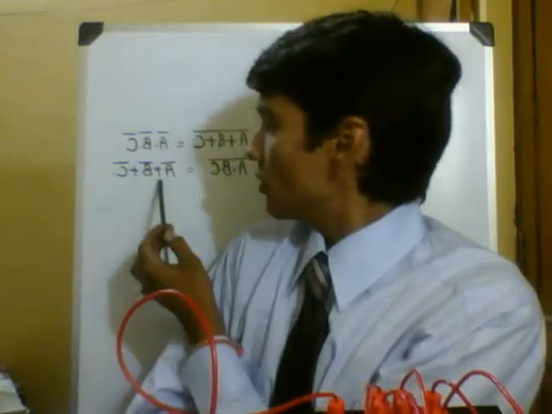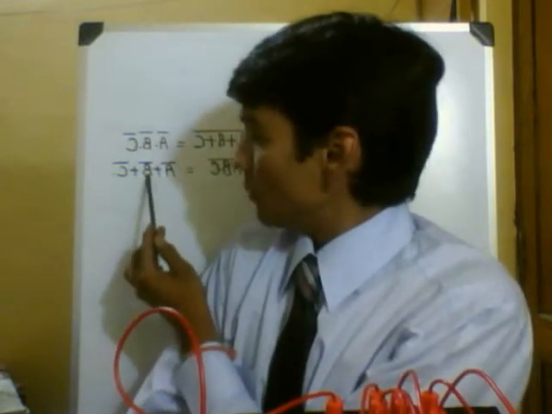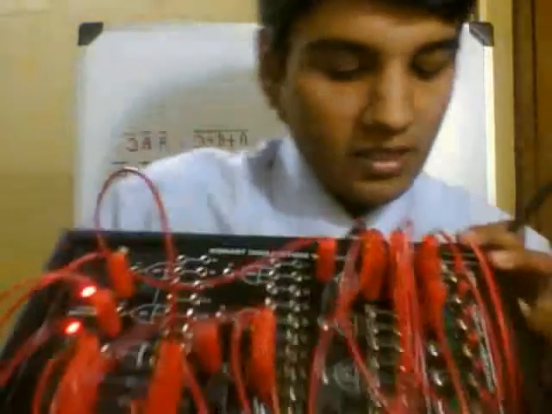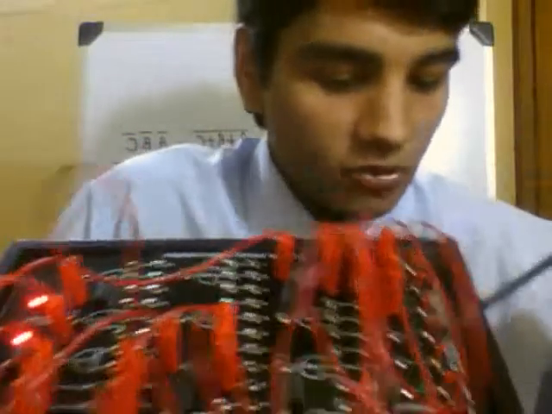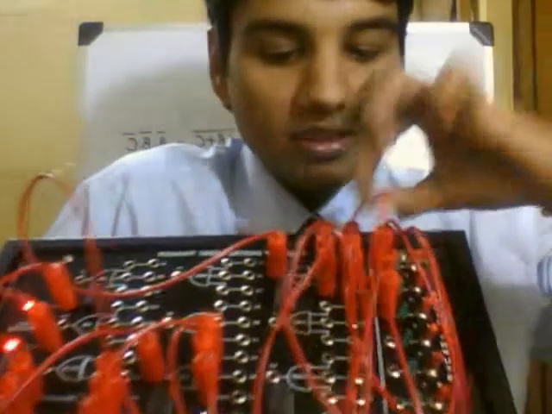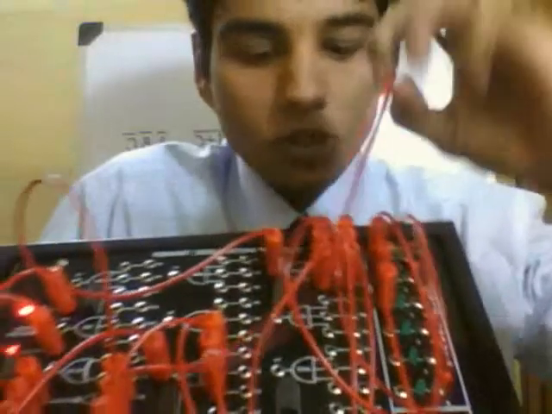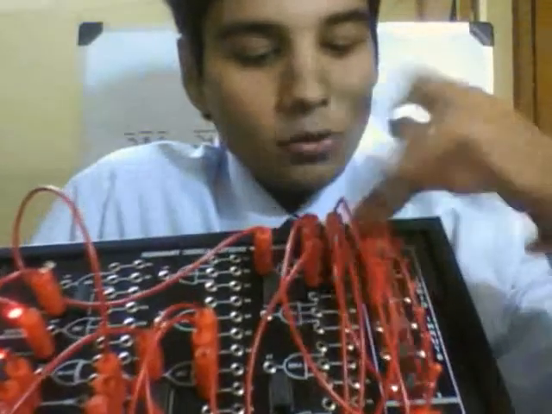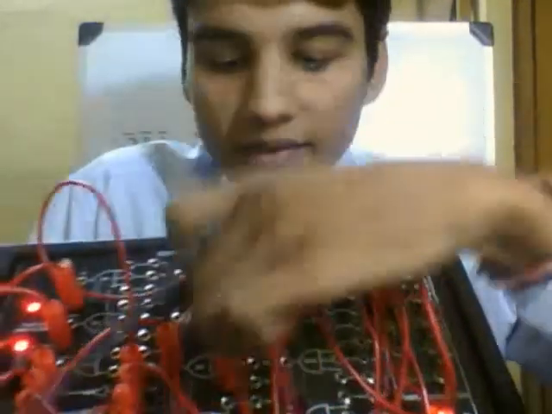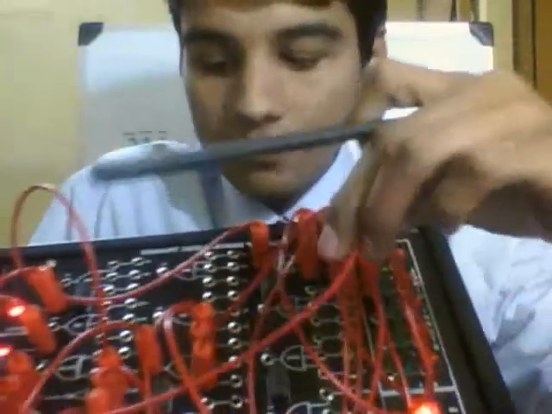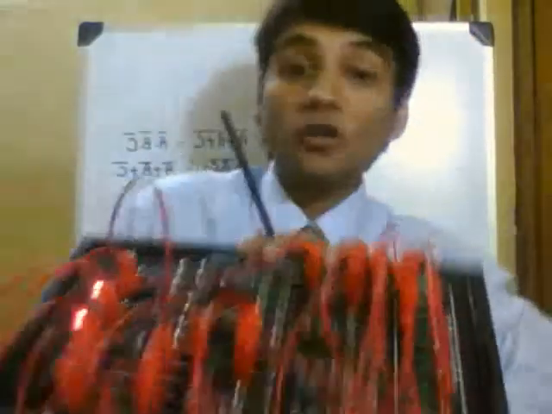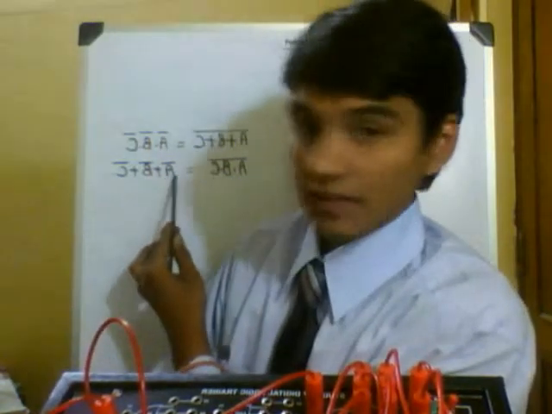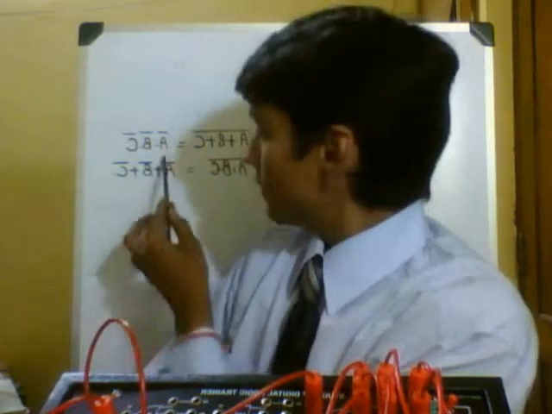Now it's time to turn over here: A bar, B bar, C bar with the OR gate. We are using the same inputs. Either we can use these three inputs as well, but we are using the same inputs, sending this input towards OR gate number 1, the second input to OR gate number 2, and the third input to OR gate number 3. One important point to remember in proving De Morgan's theorem: these are ORed with the negation sign.